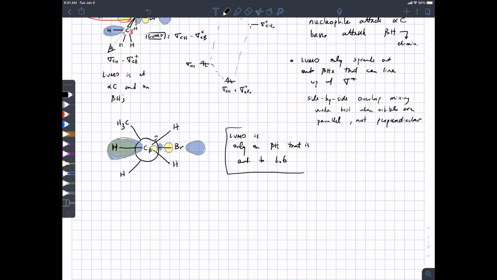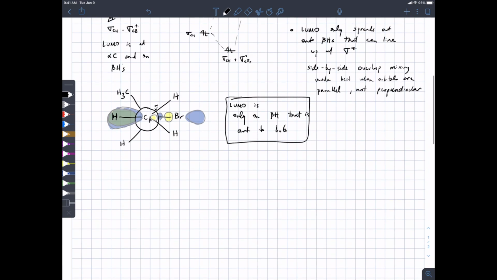So this is a key point. The LUMO is only on the beta proton that is anti to the leaving group. And that means there's a requirement that you're going to see in the text. Anti to the leaving group, your text is going to call that anti-periplanar, which is a fancy way of saying that the dihedral angle between the two bonds, the beta carbon to hydrogen bond and the alpha carbon to bromine bond, is 180